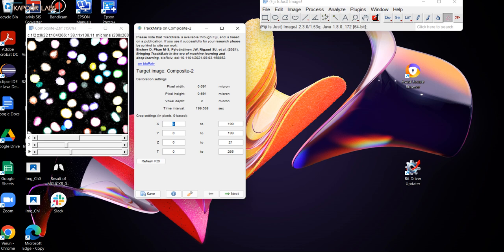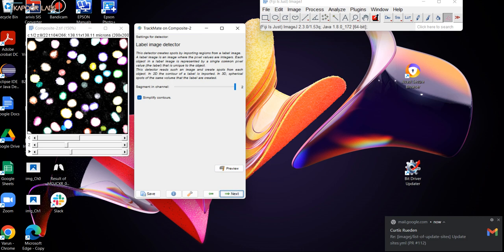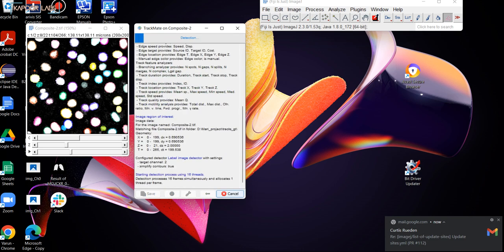So the intensity of the cells is in one channel, whereas their locations is in the second channel where you have the segmentation. So you just use this label image detector, select the channel where it is in, and